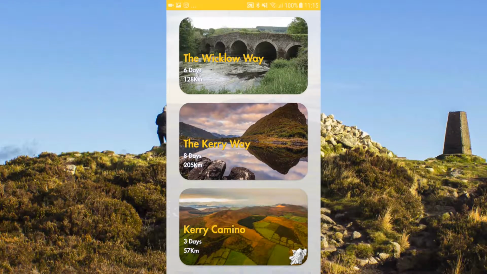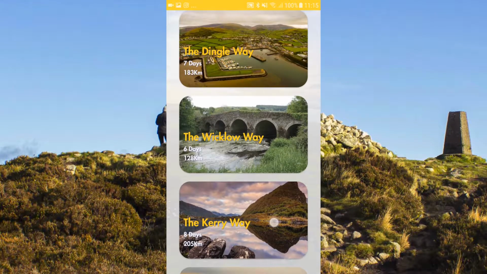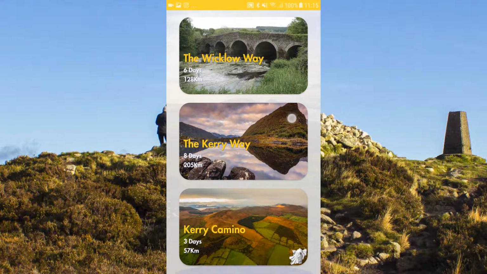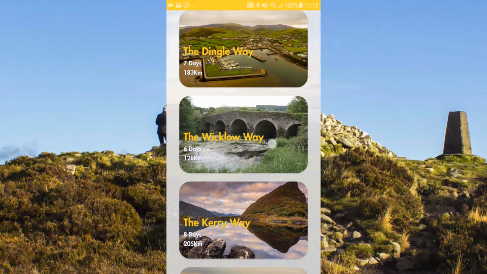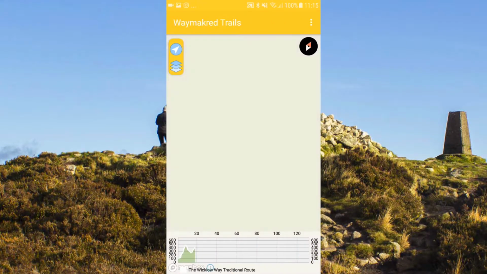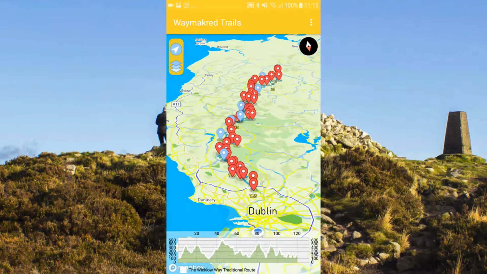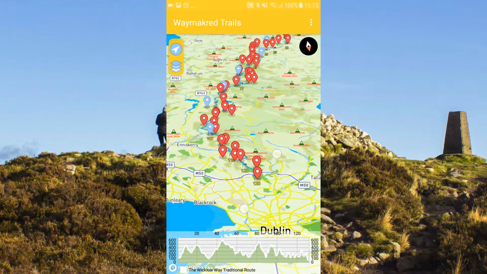So I'm just going to give you a brief demonstration of the Waymarked Trails app. So this is the way selection screen, so you just simply select the way you're going to be walking. So for example, today I'm going to choose the Wicklow Way. If you hadn't previously downloaded the route, it would bring you to a download screen first, but ultimately this is